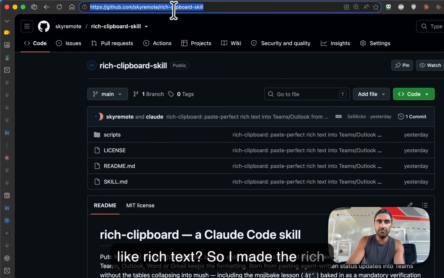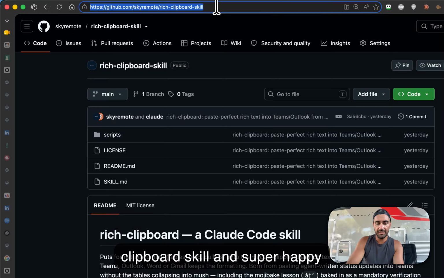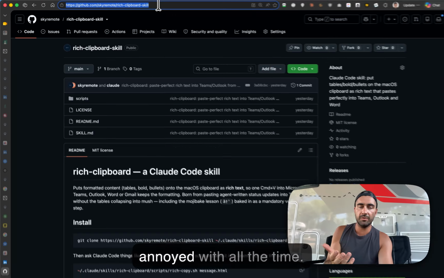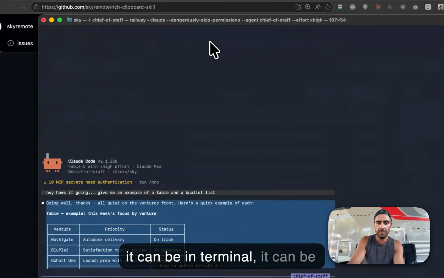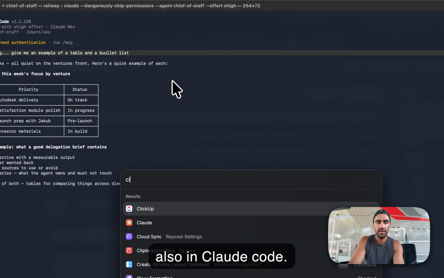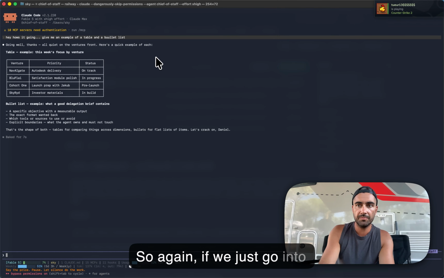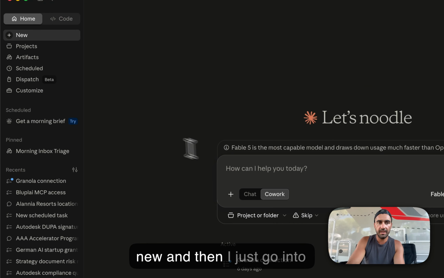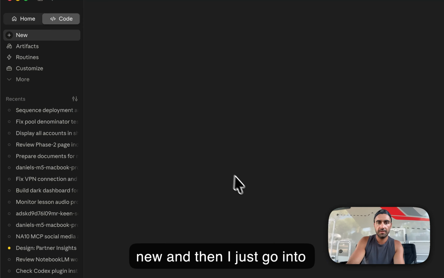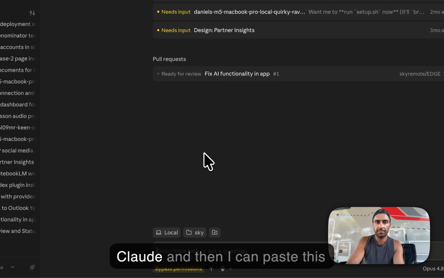So I made the rich clipboard skill, and super happy. This is something which I get annoyed with all the time. So in here now, it can be in terminal, it can be also in Claude Code. So again, if we just go into Claude and just go to something new, and then I just go into code, and then I can paste this in,